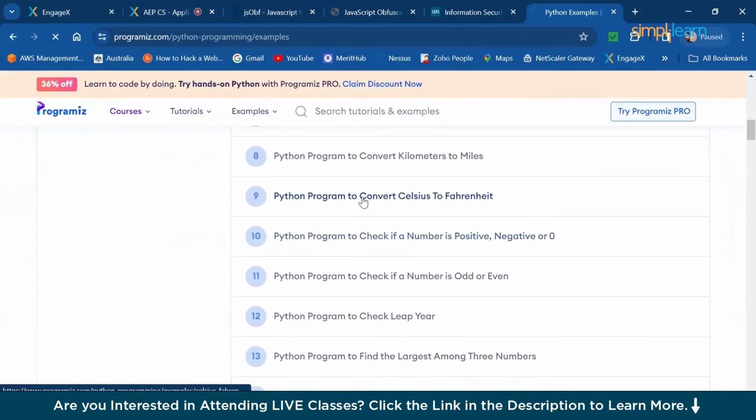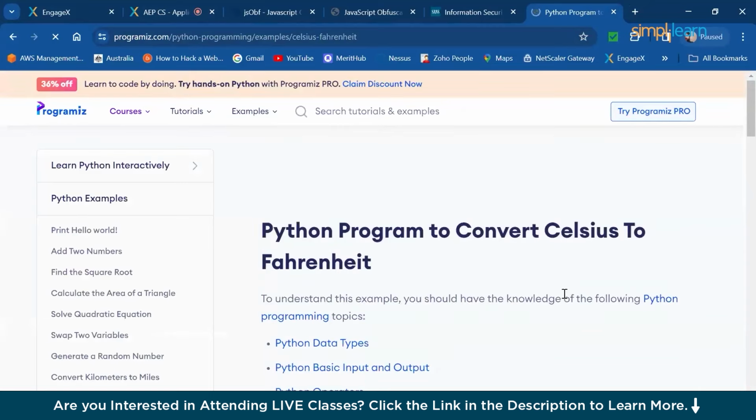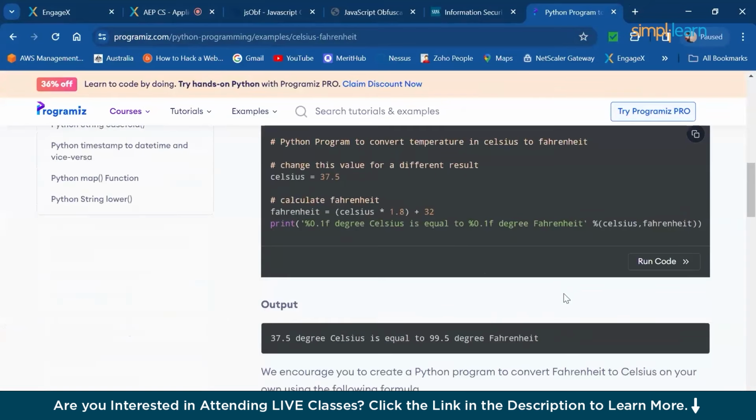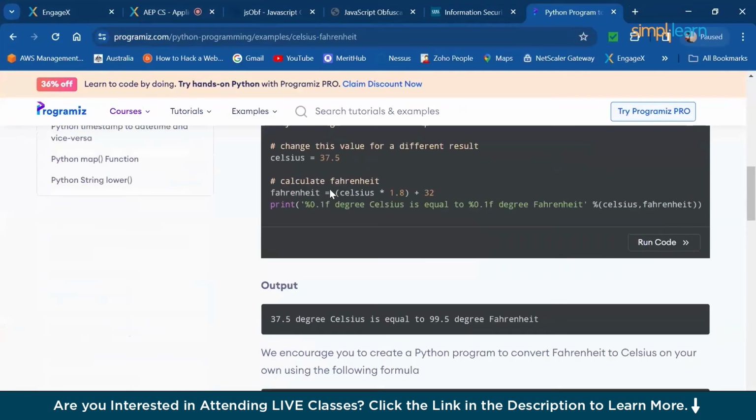Python program to convert Celsius to Fahrenheit. Okay. So we have this code with us. Let's have, so this is the code